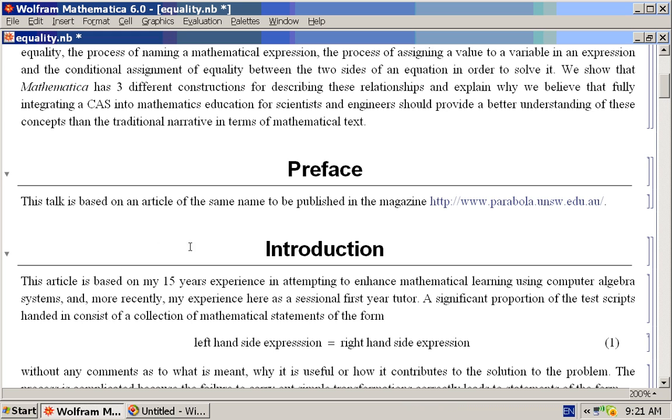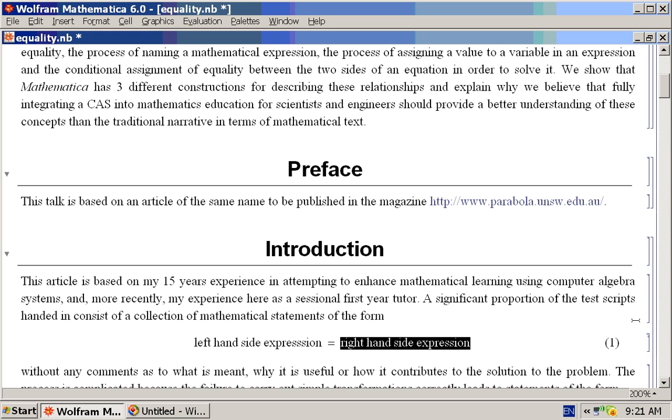So let's get going. This article is based on my 15 years experience in attempting to enhance mathematical learning using computer algebra systems, and more recently my experience here at the University of New South Wales as a sessional first-year tutor. A significant proportion of the test scripts handed in consist of a collection of mathematical expressions or statements of the form left-hand side expression equals right-hand side expression,